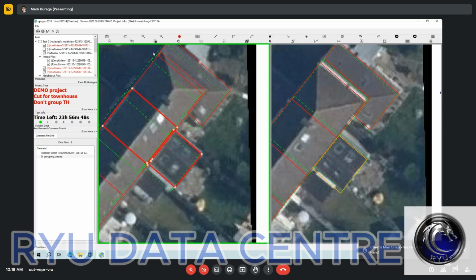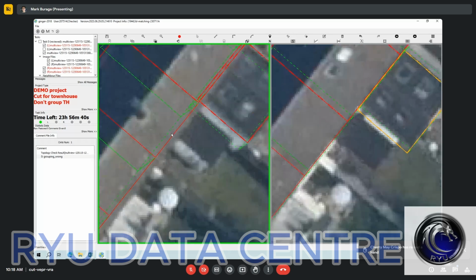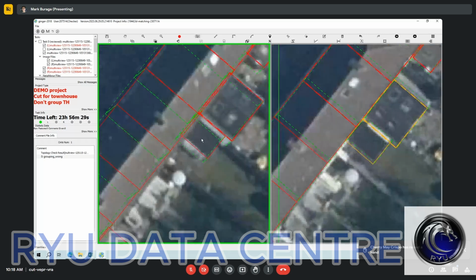Press 4 to group. This one also needs to be grouped. And this is a smaller part of the house, so I'll use H. So I'll just hit here, F. And then use Alt button to adjust the layer or the height.